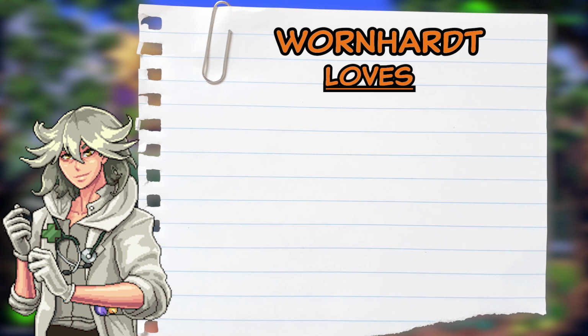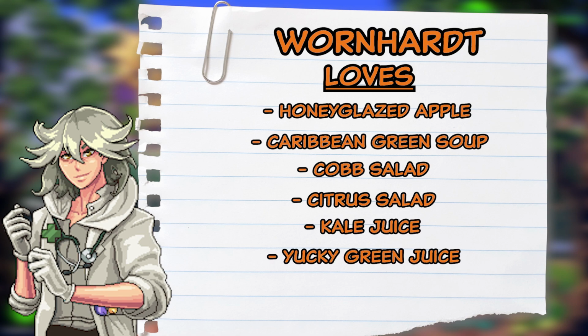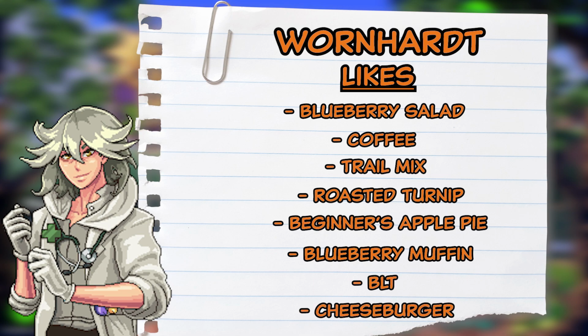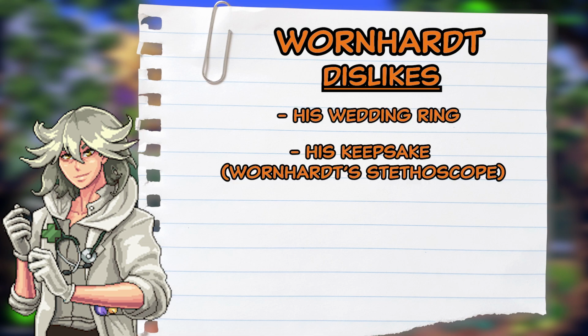What he loves is honey glazed apple, Caribbean green soup, Cobb salad, citrus salad, kale juice, yucky green juice, and a wooden windmill. He likes blueberry salad, coffee, trail mix, roasted turnip, beginner's apple pie, blueberry muffin, BLT, and a cheeseburger. What he dislikes are his wedding ring, his keepsake, which is his stethoscope, and his record, as well as apples,